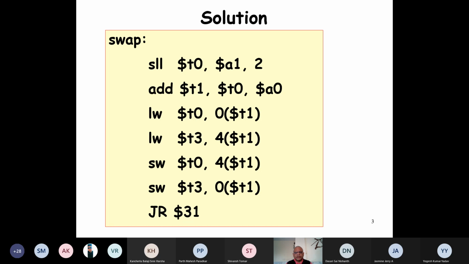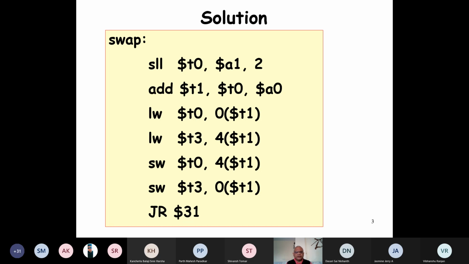Now, can anybody answer what we are achieving by this? Or let me just call out a name. I think that's better, so that I know that all of you are keeping up with the class. And Kshitij Agarwal, are you there? Kshitij? Yes, sir. Yeah. So can you tell what these two lines have achieved?